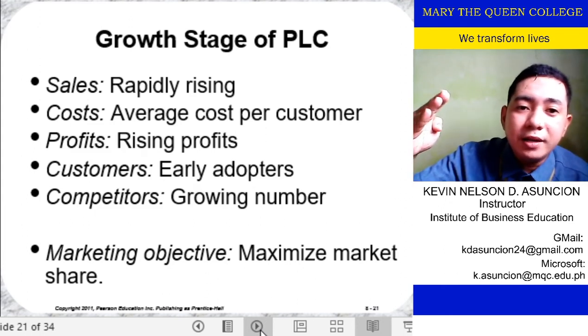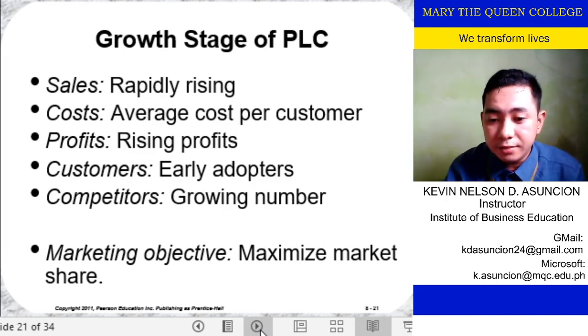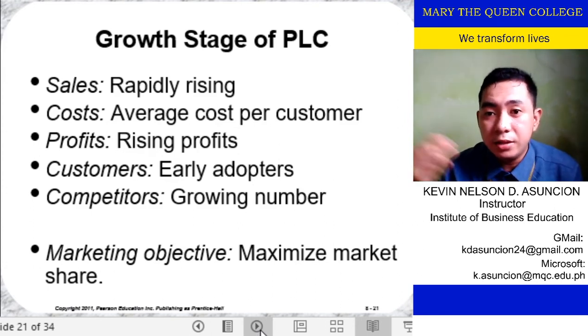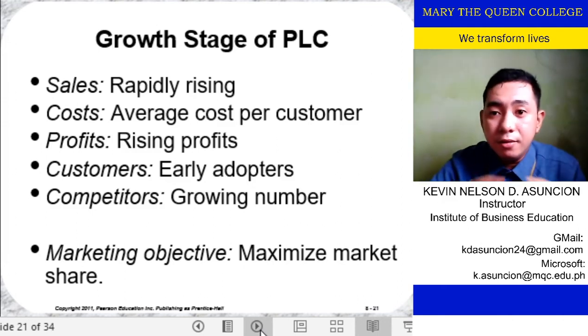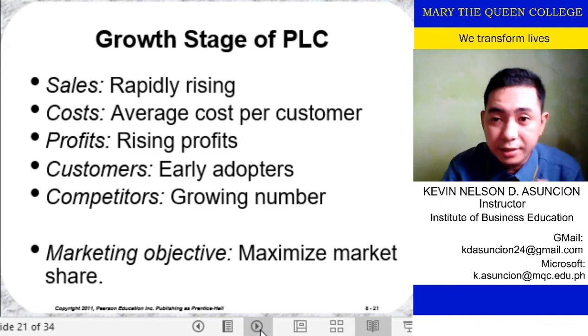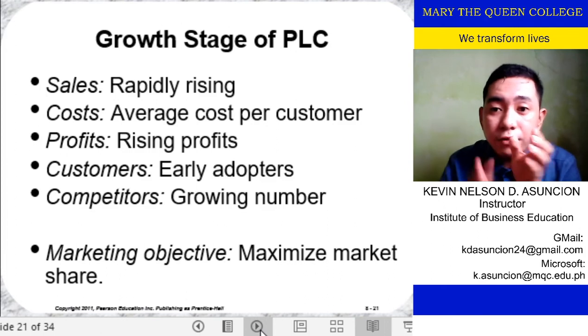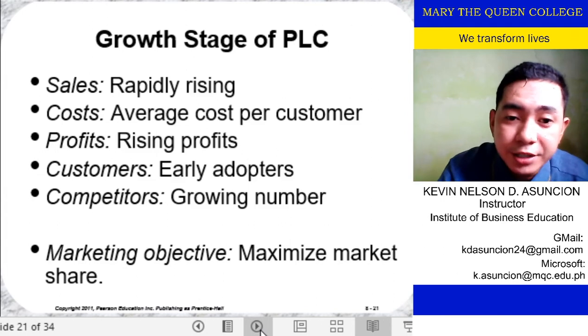And then, profit, rising profit, packed na yung profit natin. And your customers, hindi lang ng mga gustong sumubok ng bago, kundi kahit paano may napapatunayan na. And your competitors are growing na. Ibig sabihin nito, padami na yung kalaban mo dahil nade-develop yung product at yung market dyan. And of course, our marketing objective here is palawakin yung extent ng market natin. So from that introduction, dahil very limited yung market, of course, nakikita mo ngayon na may potential, so palalawakin mo yan. So that's, you maximize our market share.